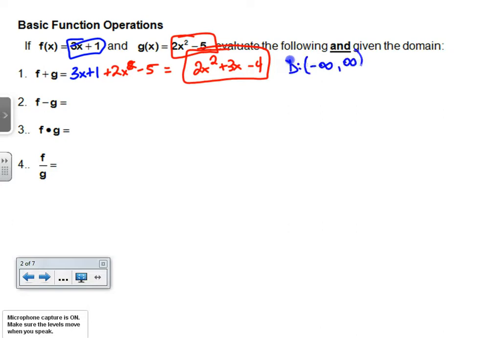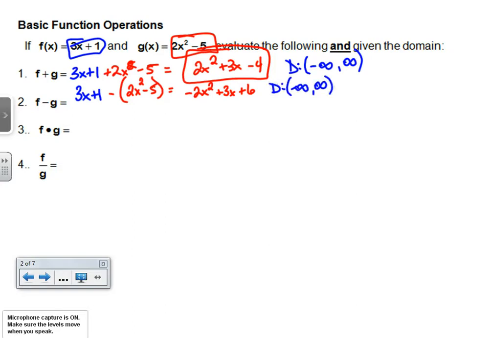negative infinity to infinity. When I do f minus g, start with 3x plus 1 again, but when I subtract g, I need to make sure that I subtract the entire function, in other words, distribute the subtraction sign. So that will give me a negative 2x squared, and then still a positive 3x, but then here the 1 minus negative 5 will become a plus 6. That is still a polynomial, it's still a quadratic, so the domain is still negative infinity to infinity because there's